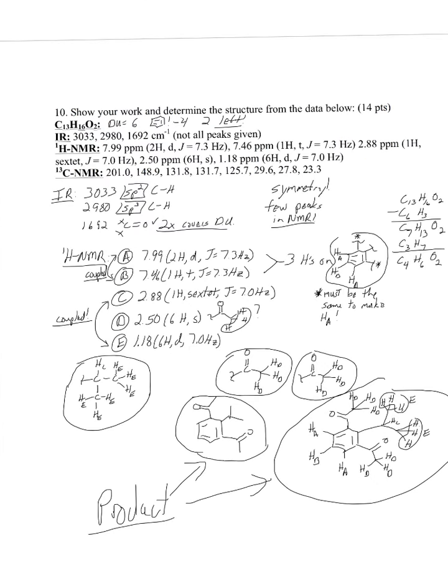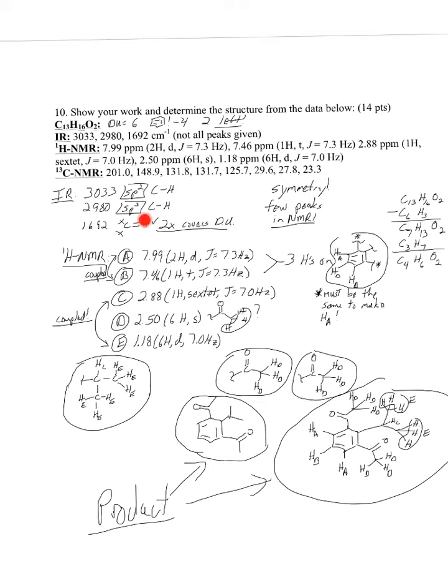All right, going again to number 10 here. The other one is show your work and determine the structure from the data below. Given the molecular formula, the degrees of saturation is 6, so you immediately think ding, ding, ding, benzene ring. It means you have 2 left. Go to your IR, 3033. That should tell you sp2 CHs. 2980, sp3,